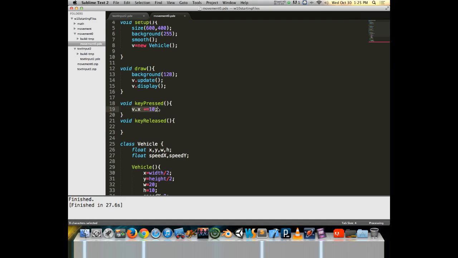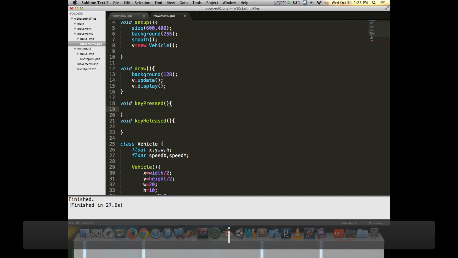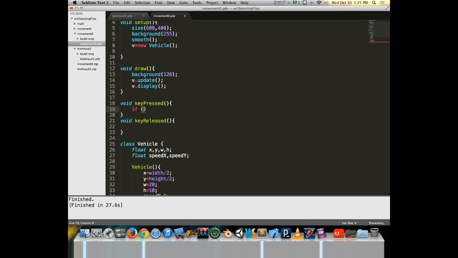Instead, what we do is when a key has been pressed, we say if, and we're going to learn a different way of writing if statements this afternoon that will be more efficient than what we're doing here, but I'm going to work with what we know first and then revise it into a different programming technique. It's a technique that is used frequently for this, and it's just something that would be good for you to know. So if